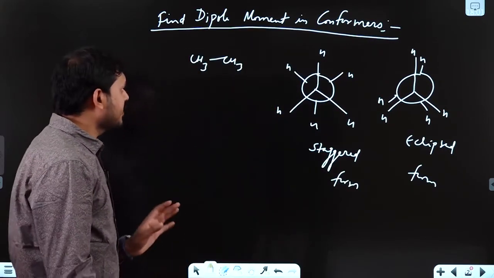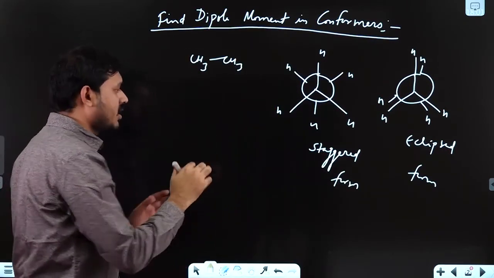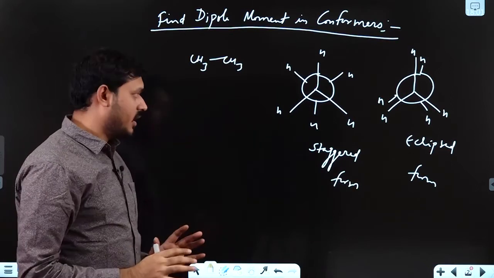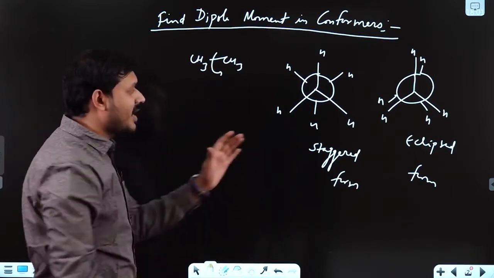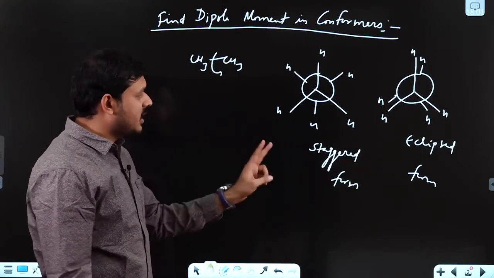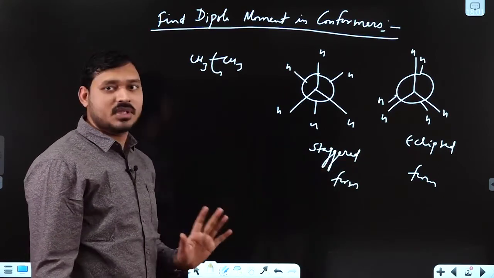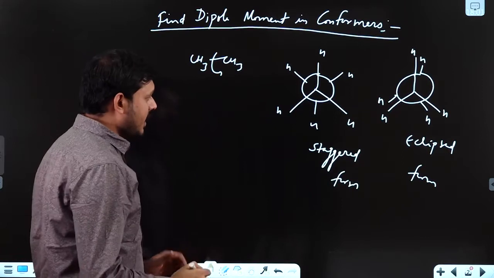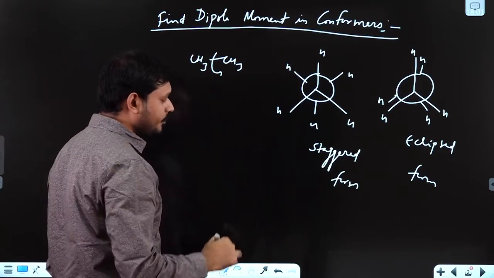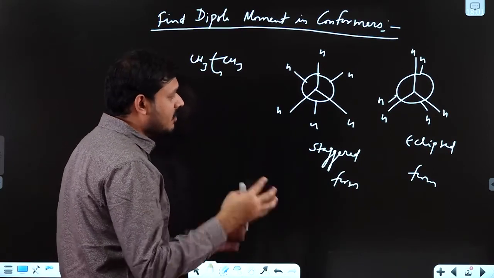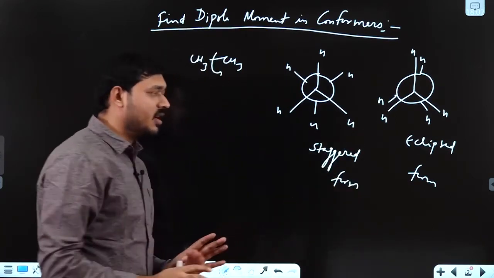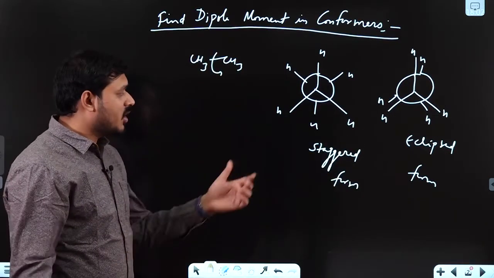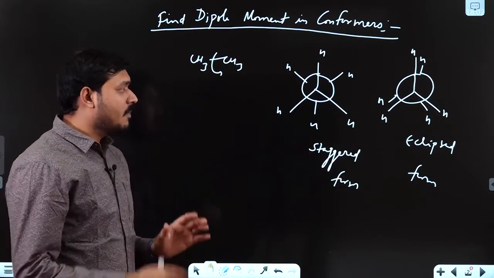Now suppose you take a solution of ethane in a container. If this ethane forms various conformers and only these two forms are possible, then we can say that the solution must have some amount of staggered form and the remaining amount of eclipsed form. Here we don't know what the amount of staggered and eclipsed is, but I can say